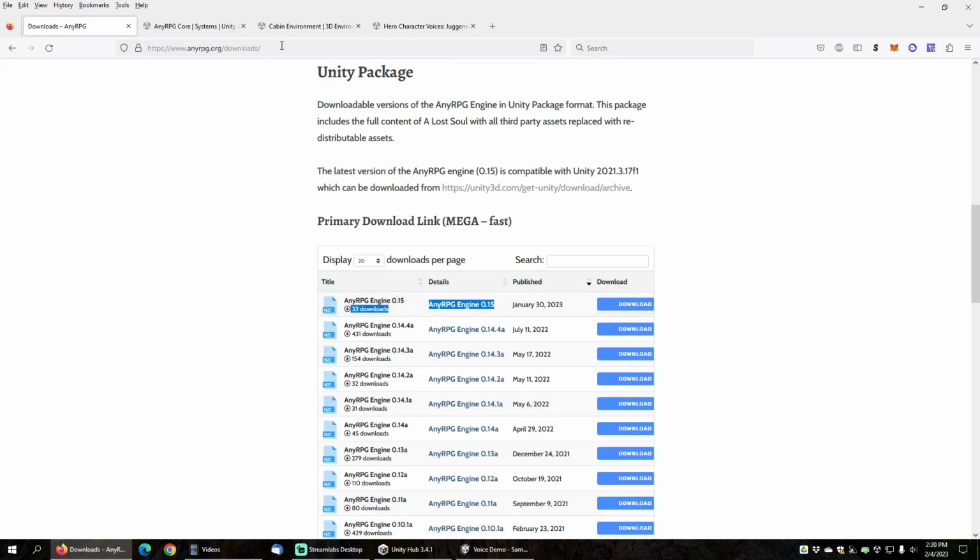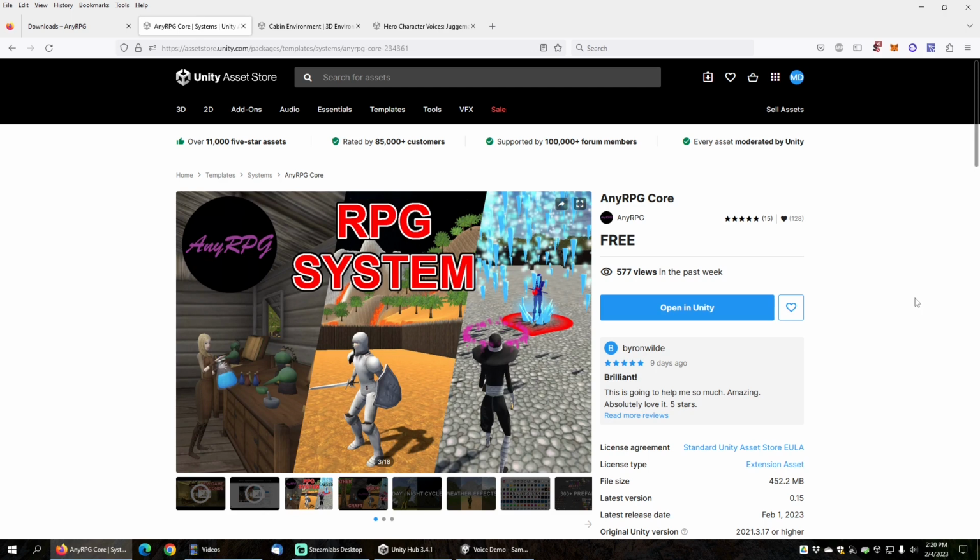free download from anyrpg.org/downloads in Unity package format. You can also use AnyRPG Core 0.15 or higher, which is available as a free download from the Unity Asset